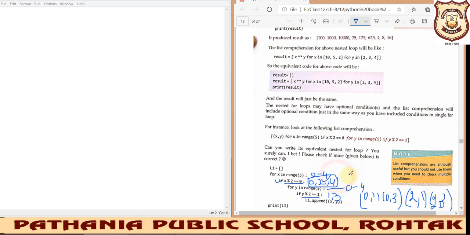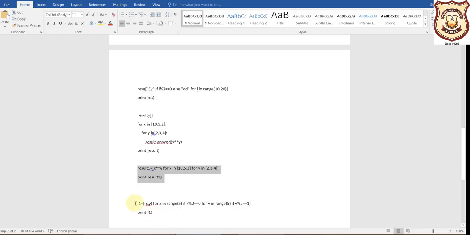When x is 4, what will you get? When x is 4, you will get 4 and 1, and you will also get 4 comma 3. So this is the output you will get. Let me try this. I am just running it.